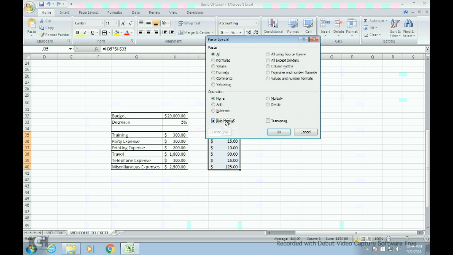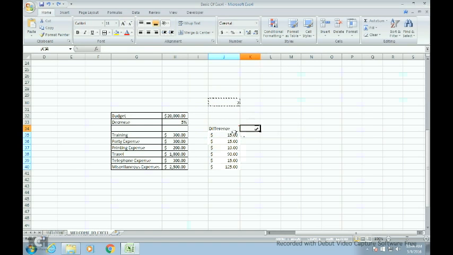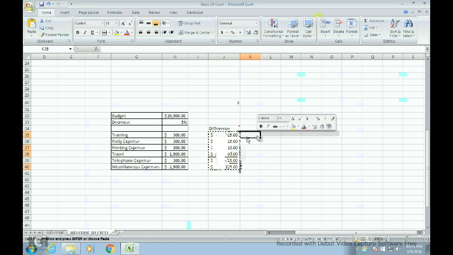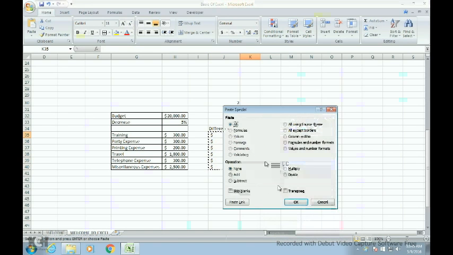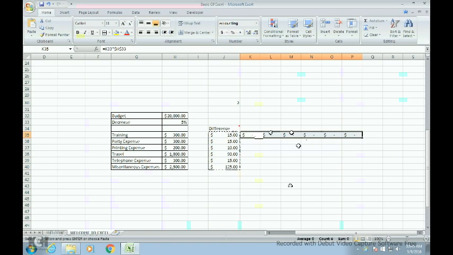If we skip blank, it will skip blank. Now let's see the transpose function. We just need to copy it and then copy it once again, and then go to paste special and transpose. It will transpose the data like this. It has transposed with the